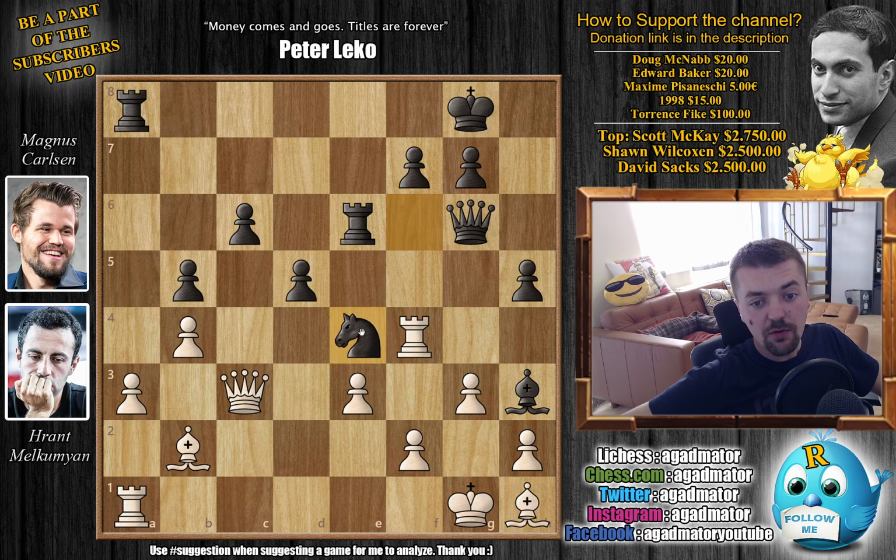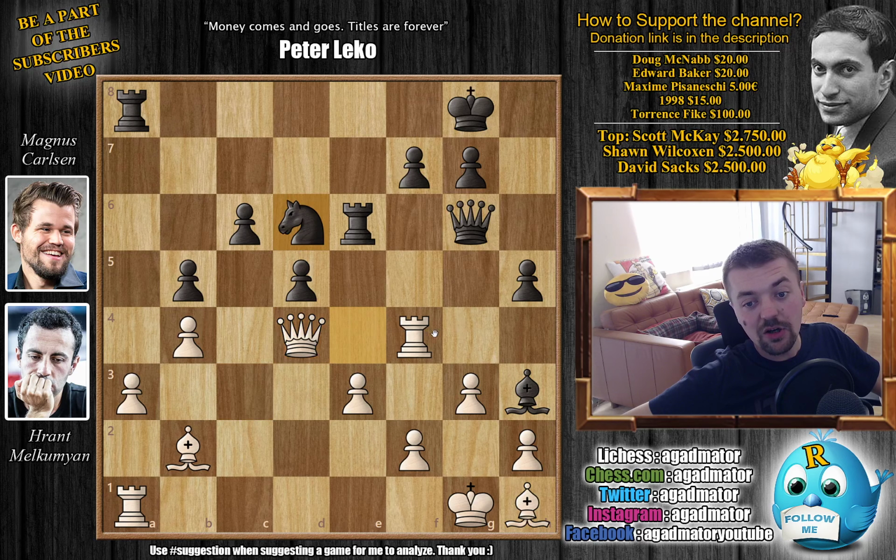a3, knight e4 by Magnus, and now queen to d4, just keeping the queen on this very strong diagonal. We have knight back to d6 by Magnus, and now comes bishop to f3, introducing some very nice threats to the position, but Melkumyan is very low on time. Well, not very low, he's some 5 minutes on the clock, whereas Magnus is 10 minutes on the clock, but